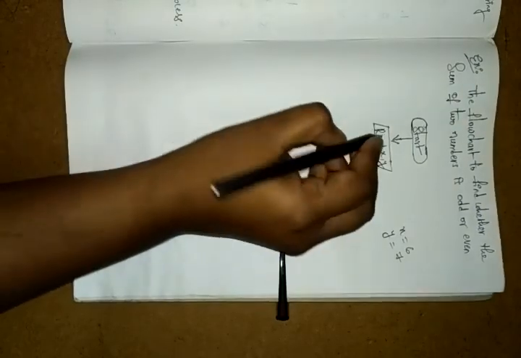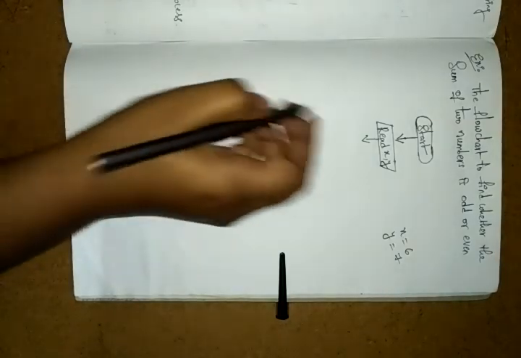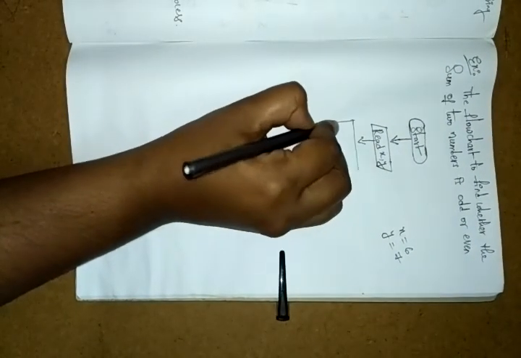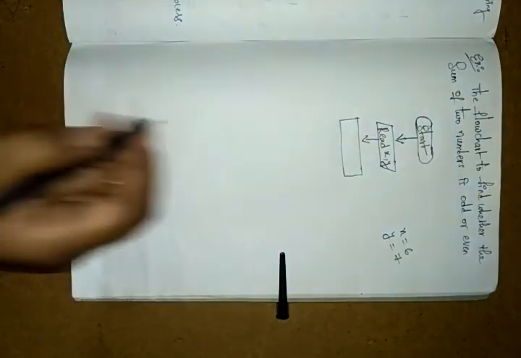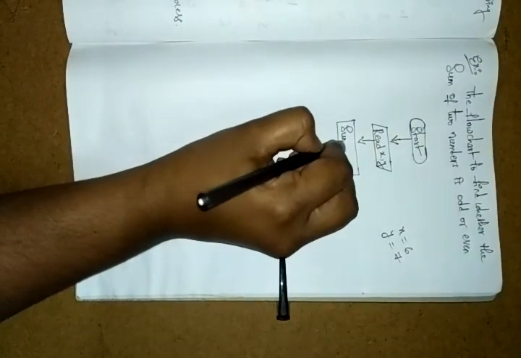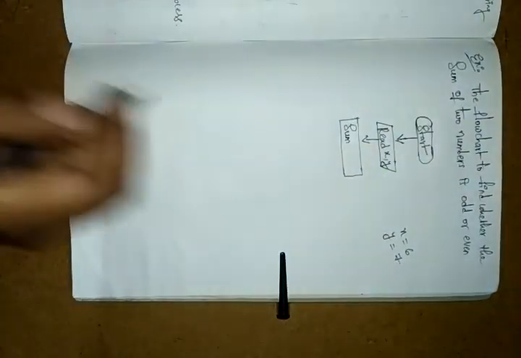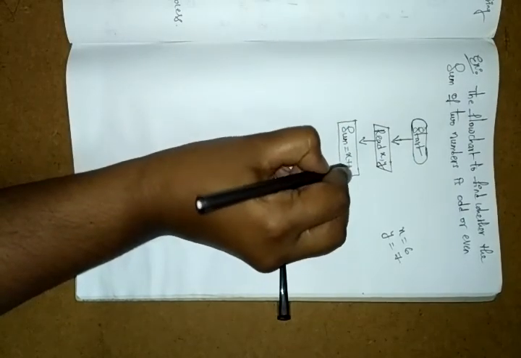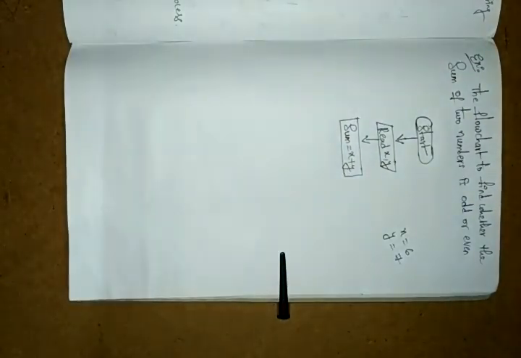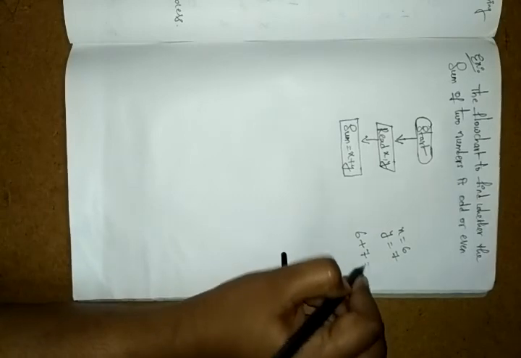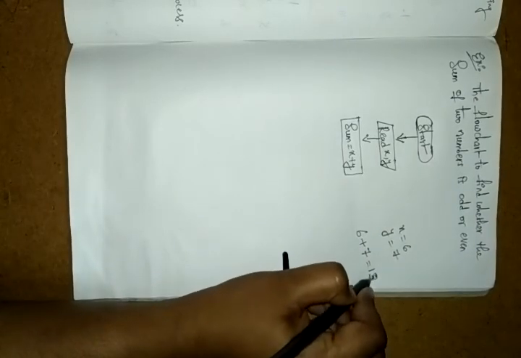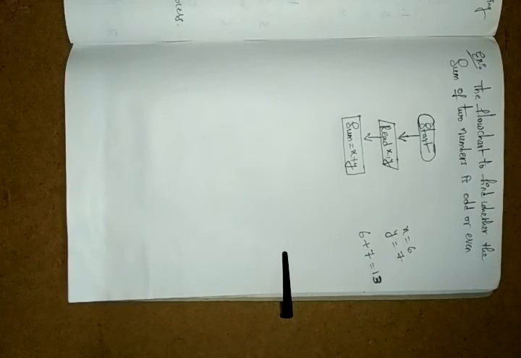Once the reading is done, it goes to the next connection. It takes one rectangle symbol. This rectangle symbol is performing the process. What is it performing? First of all, we need the sum of two numbers, right? After the reading, it is doing the sum. Sum equals x plus y. We have the x value and the y value, so it takes 6 plus 7, which is 13. 6 plus 7 equals 13, right?